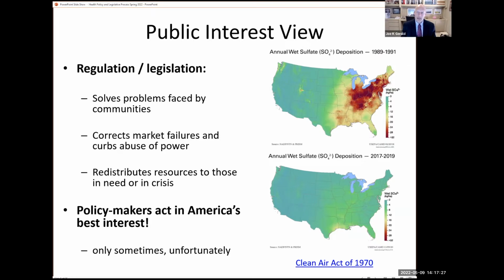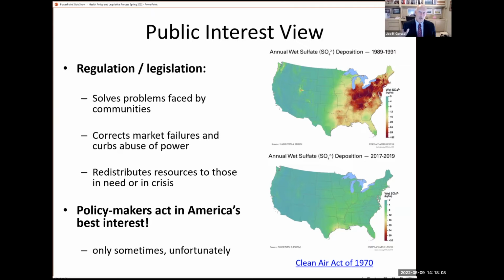Our modern times. And the map is almost entirely green, which indicates in this particular instance, regulation was very helpful in solving a problem faced by a community, which was power generation in certain places depositing deadly pollution in others. And so the federal government stepped in to regulate the amount of pollution. Over a period of 30 years, we've seen dramatic reductions in power generated pollution in our eastern forests, and we've had a return of the health of our forests.